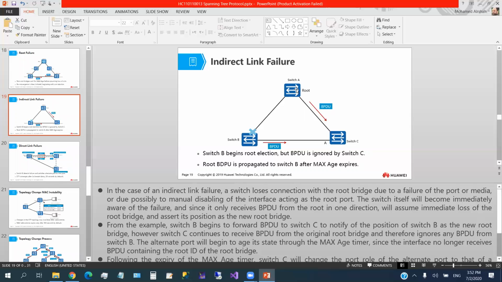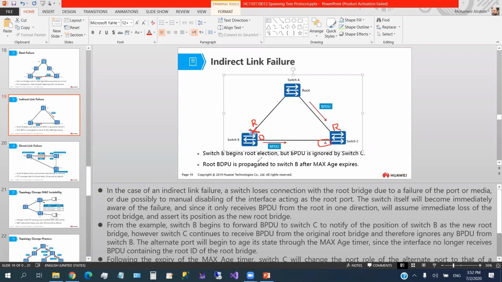So let's say this link here failed. This one was the root before the link fails. And this one is D, this one is A, as you can see, and here is another R. So if this one has failed,